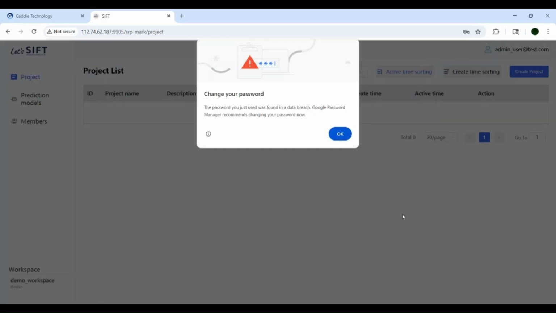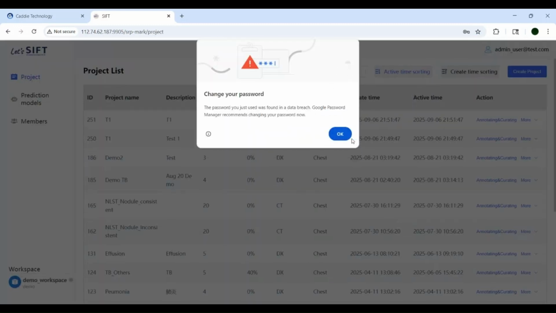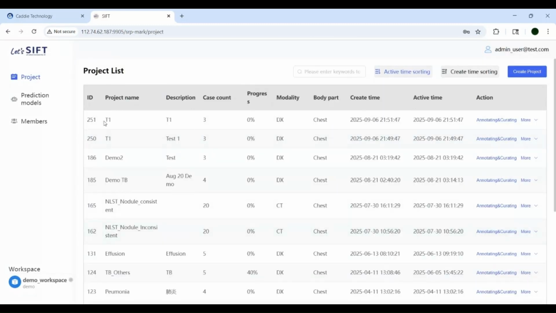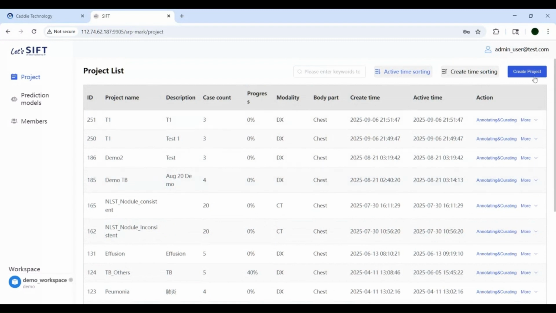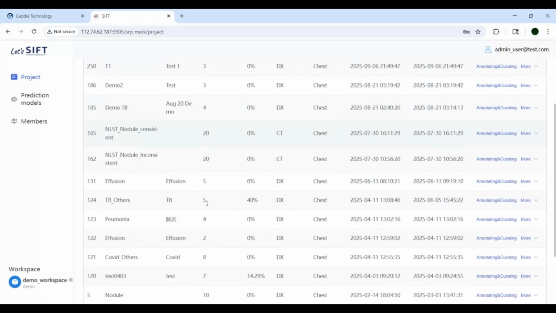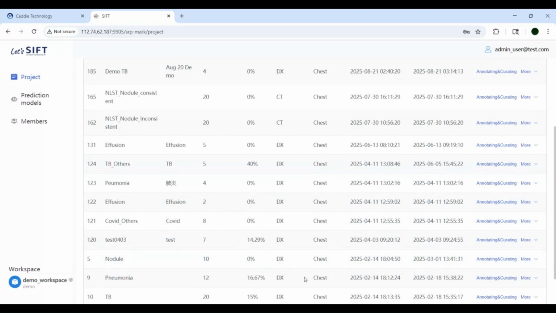Each project is uniquely named for clear identification and traceability. A project may contain one or multiple medical images. For X-ray studies, the system supports processing between 80 to 100 images per project, depending on file size and format. For CT scans, the limit ranges from 10 to 20 images due to hardware constraints. In this demo, we'll walk through the process of creating a new project and exploring the details of an existing